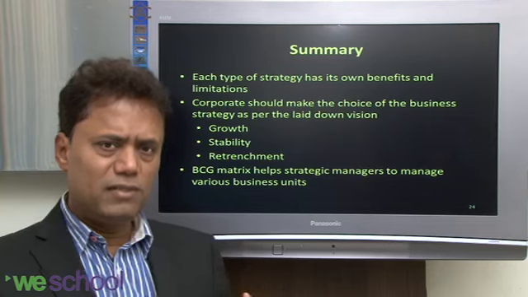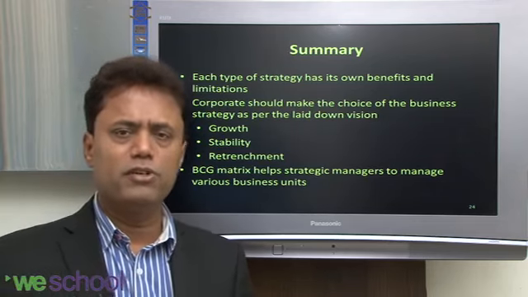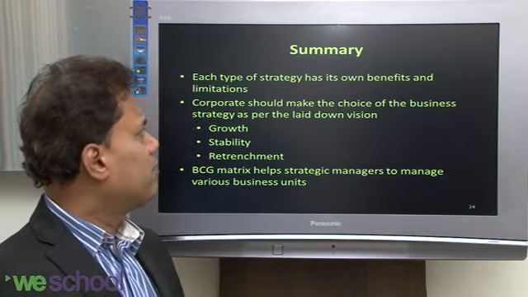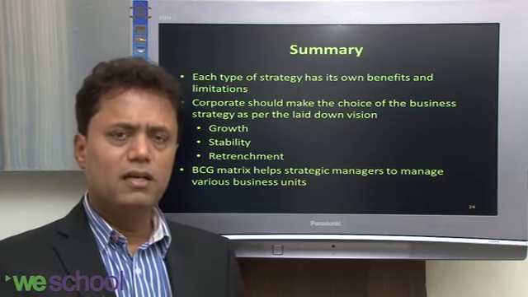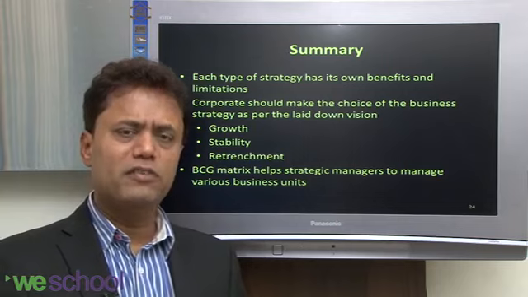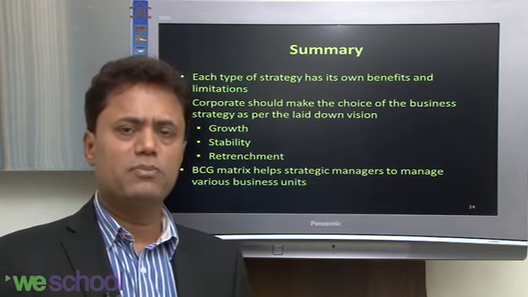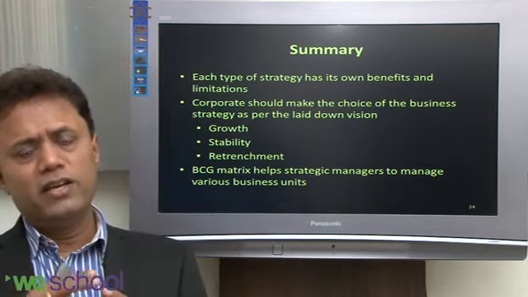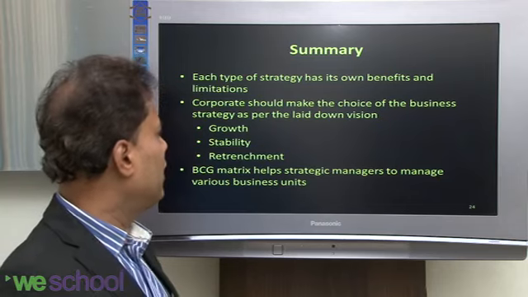In summary, corporate level strategy is the most important thing before you enter into business unit level strategy or functional level strategy. Each type of corporate strategy has its own benefits and limitations that we have seen. BCG growth share matrix is a very important tool to make an assessment and do a baselining about where your business stands today. What is the position of your business? What is your corporate profile? And what is your corporate vision and aspiration? So use that to create a roadmap and create a clear strategy.